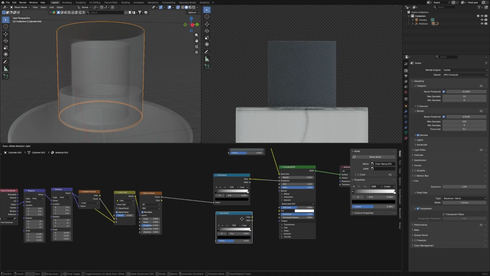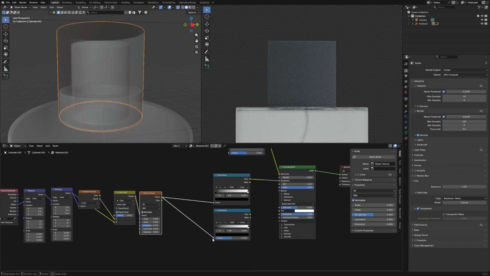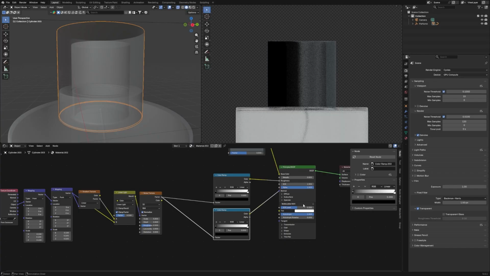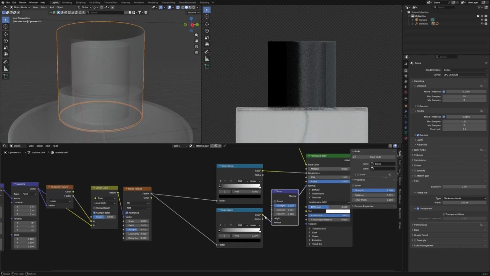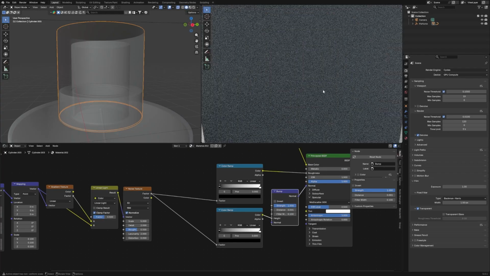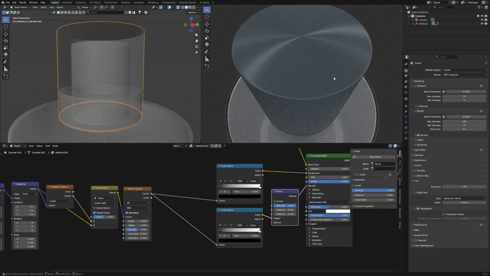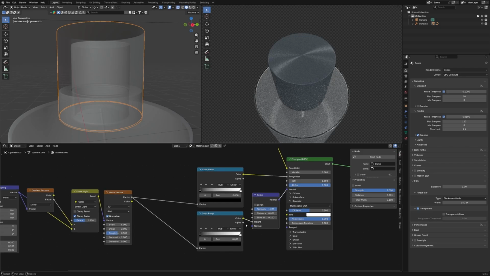So just duplicate this one, connect into the second vector of the color ramp. Now going to the normal. So from here we can add some bump. Connect here, connect into the edge, and now we will have something that looks interesting, spherical, metallic, and we can do